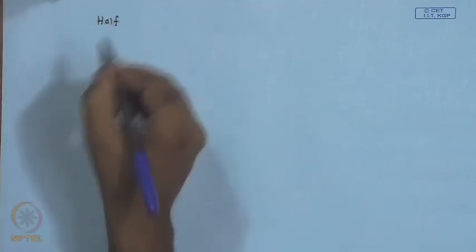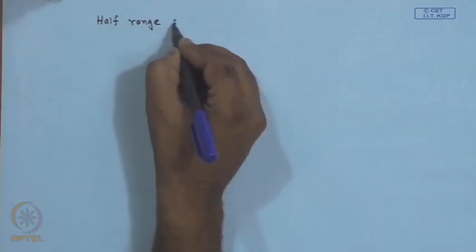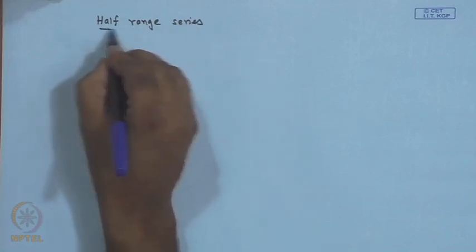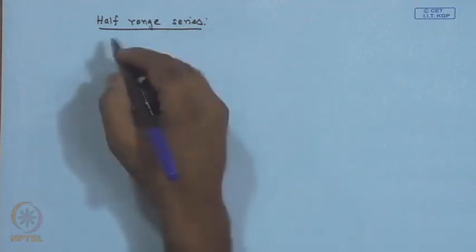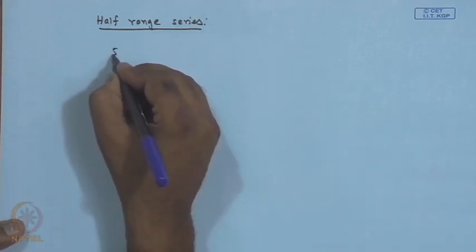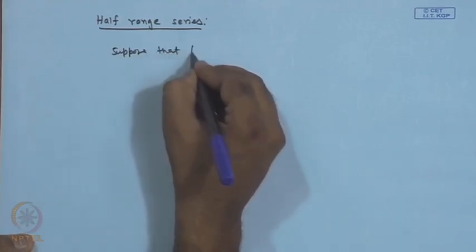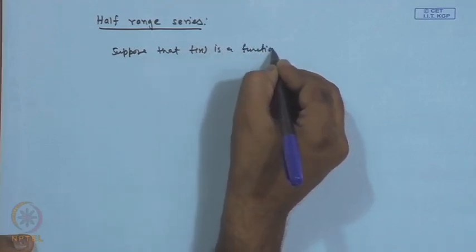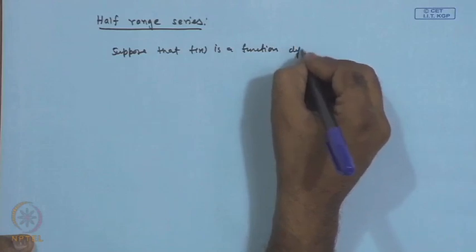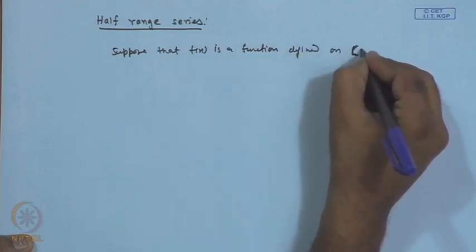Now we go to another topic of this Fourier series, that's the half range series. And this is just motivated by this sine or this even and odd functions. So, let me write this. Suppose that this f x is a function defined on 0 to L,